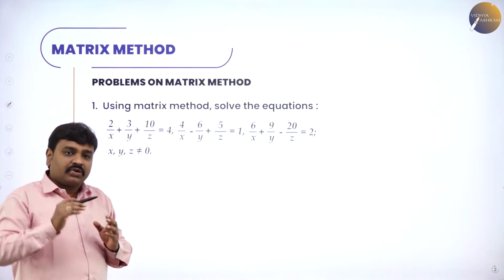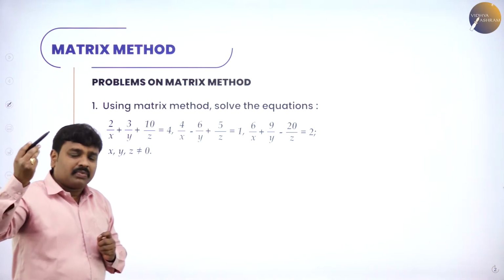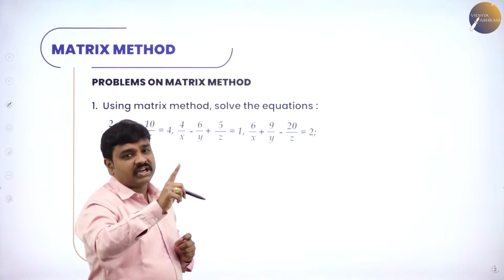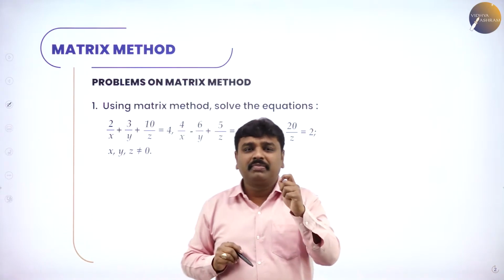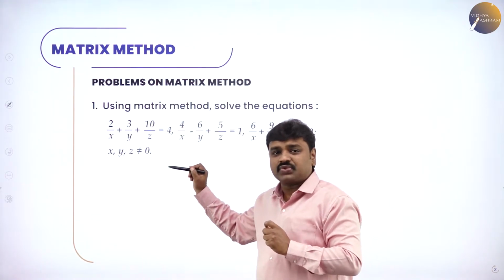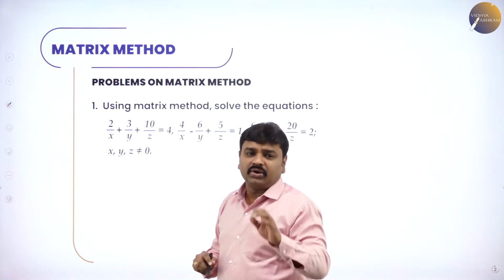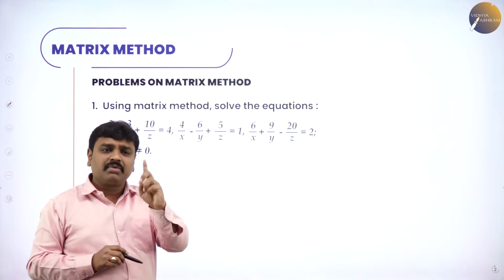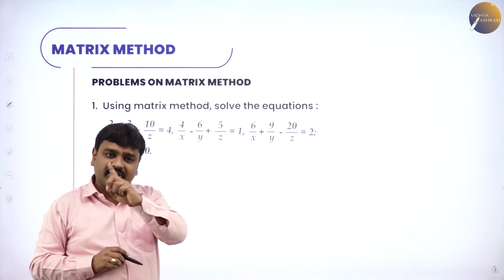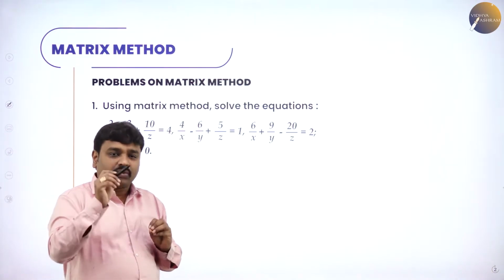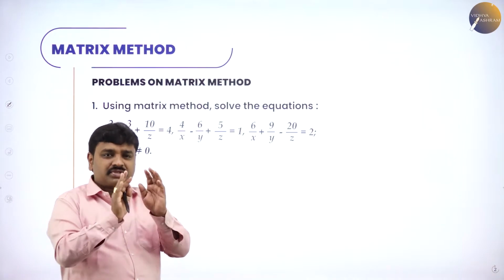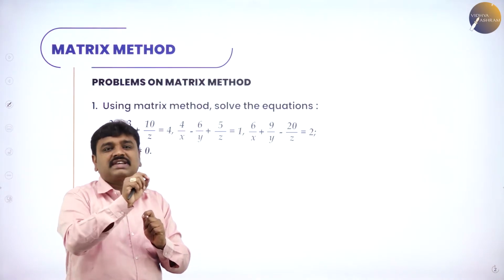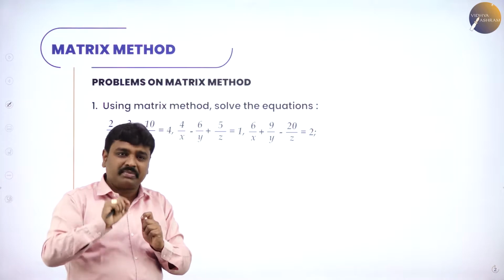See, in the old problems you saw earlier, x, y, z used to be in the numerator. But the speciality in this problem is that x, y, z are in the denominator. To solve this simply, instead of x, y, z we should take the variable matrix as 1 by x, 1 by y, 1 by z. And if you want to simplify it and solve, the best method is take the variable matrix X as 1 by x, 1 by y, 1 by z.